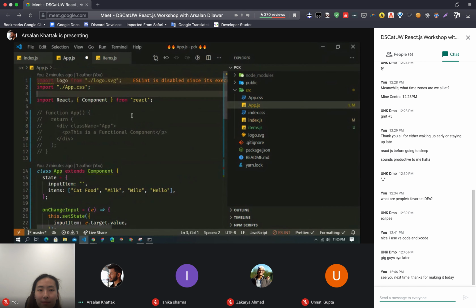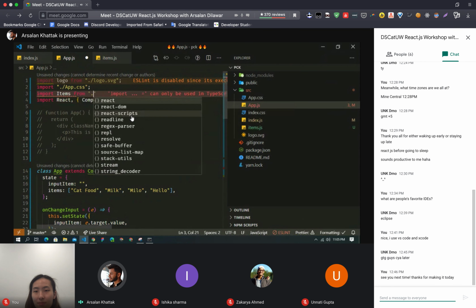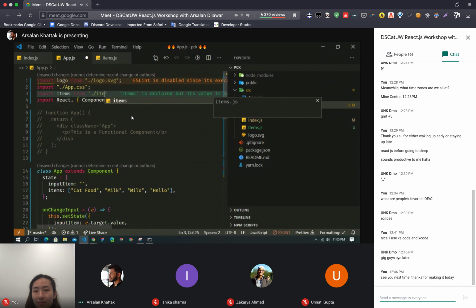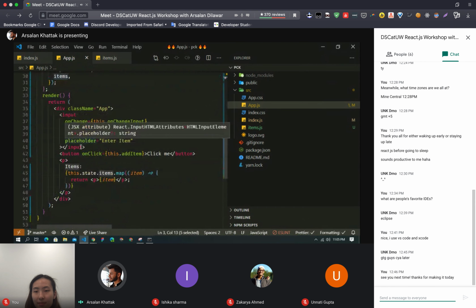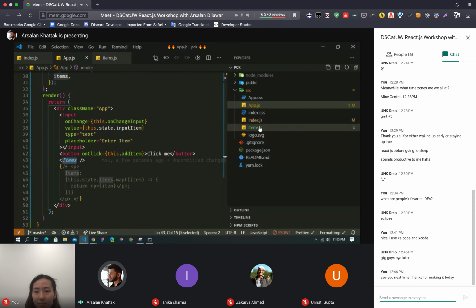So import items from items. Let's copy this, and for a while let's comment this. This is how you can make a custom component, which we just created.